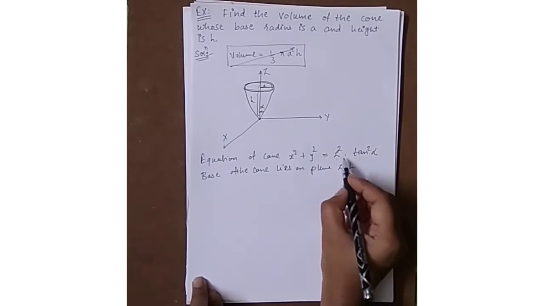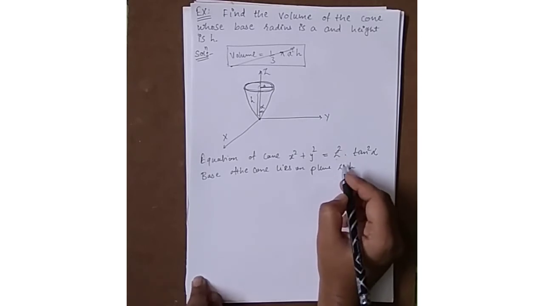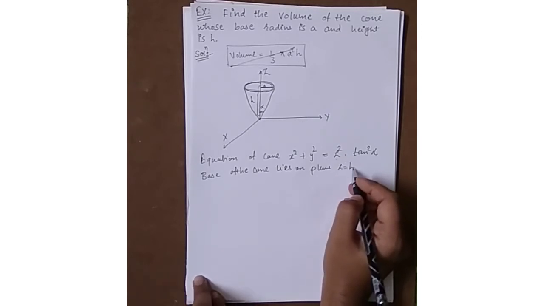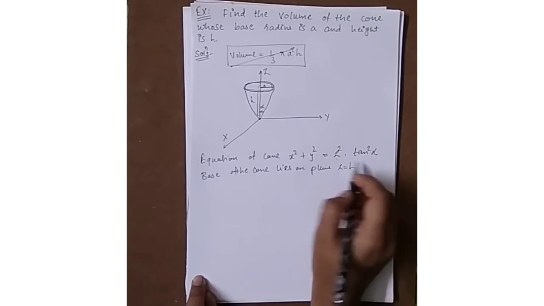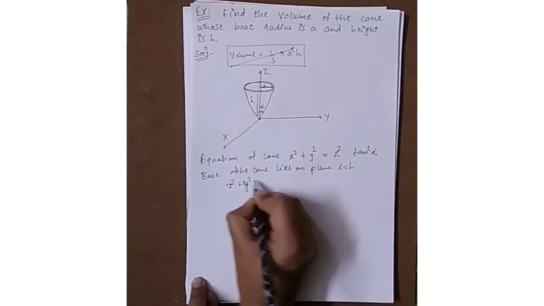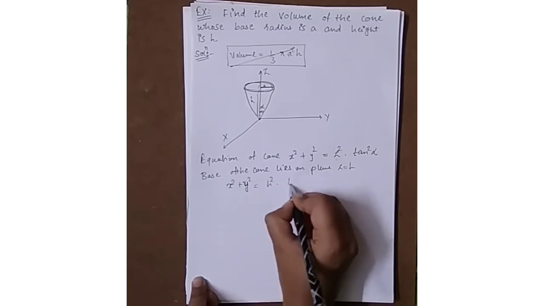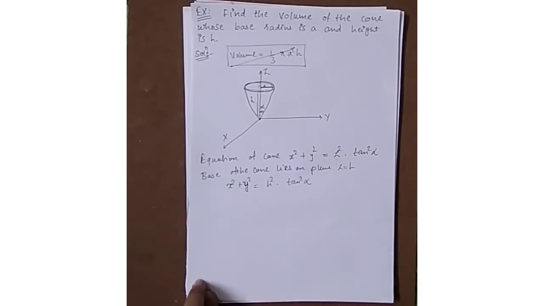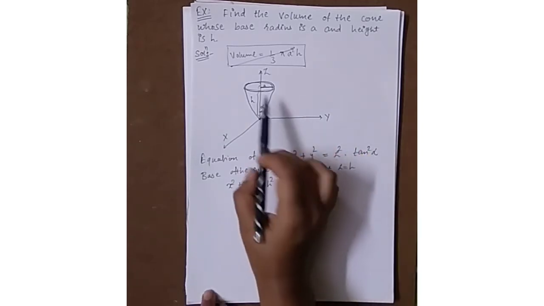So in this equation we have to put z is equal to h. So the equation of the cone becomes x square plus y square is equal to h square into tan square alpha, and the equation of